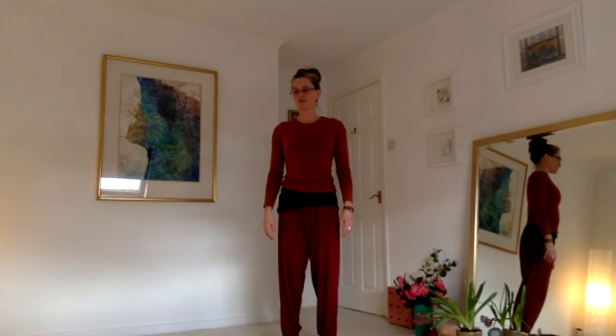Just lift the pads of your toes up and lower them down individually from the little toe to the big toe. So one by one, lowering your toes down. You lift your toes up again and lower them down individually from the big toe to the little toe. And then maybe just lift your big toes up and lower them down. And maybe just your 4 little toes lifting up